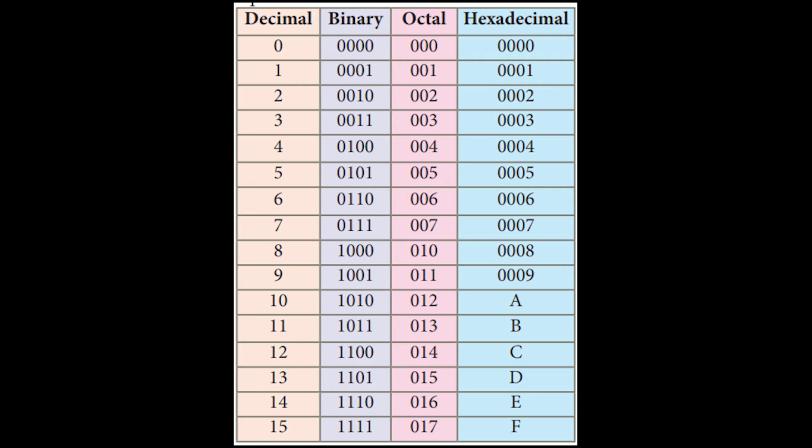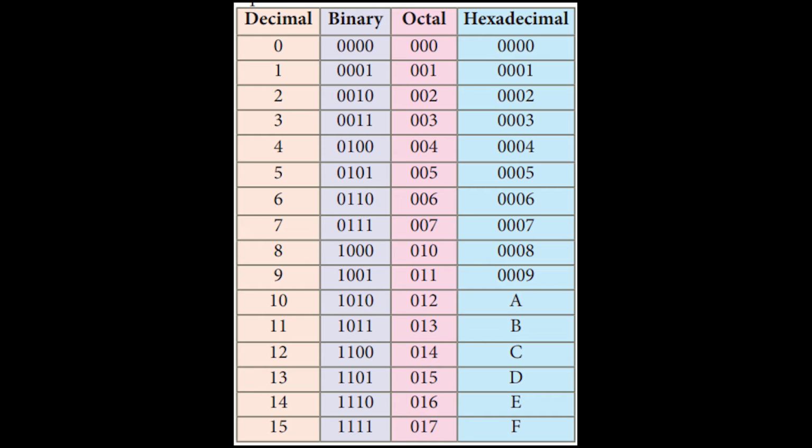As you have studied decimal numbers from your small age, before learning this chapter you must know the octal numbers, binary numbers and hexadecimal numbers too. Right? So take page number 17 and see the tabular column. Decimal number means 0, 1, 2, 3, 4, 5, 6, 7, 8, that is the normal numbers which we use in our day-to-day life. Right? Binary number means 0, 1, 10, 11, 100, 101, and so on.